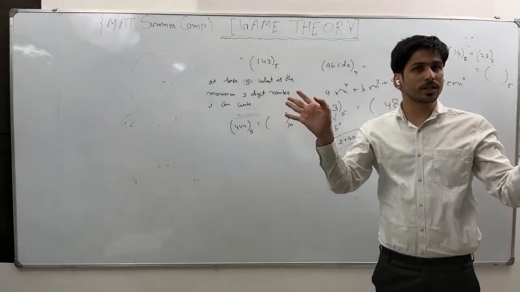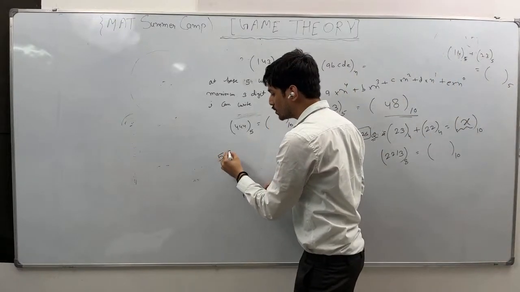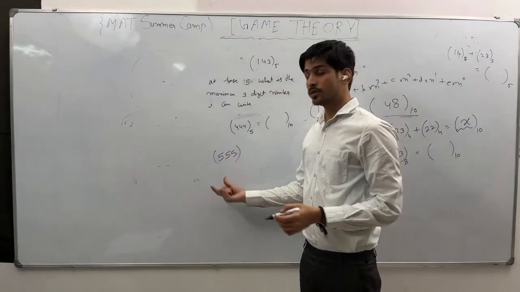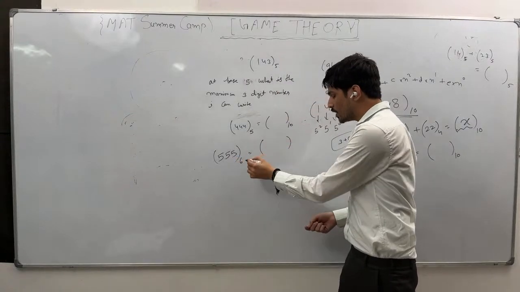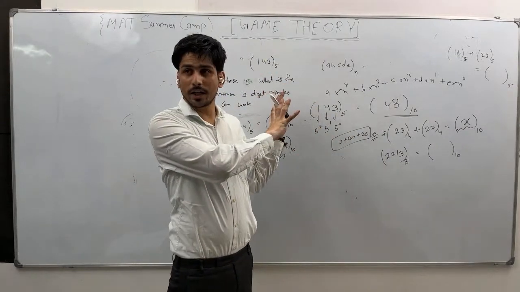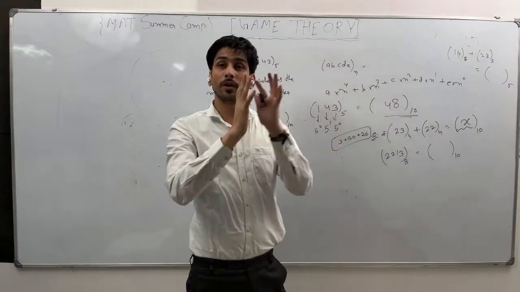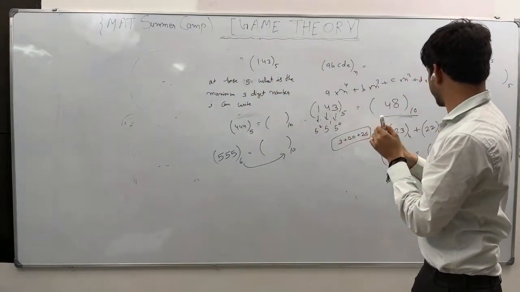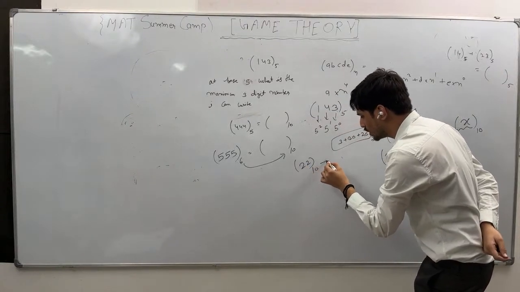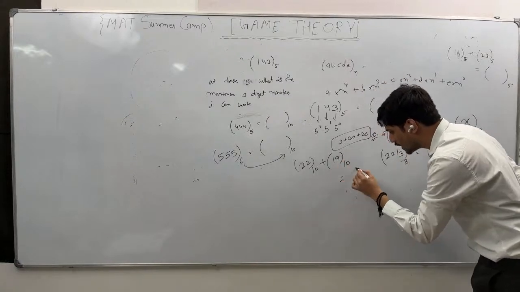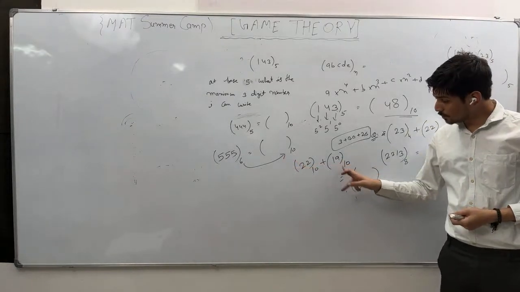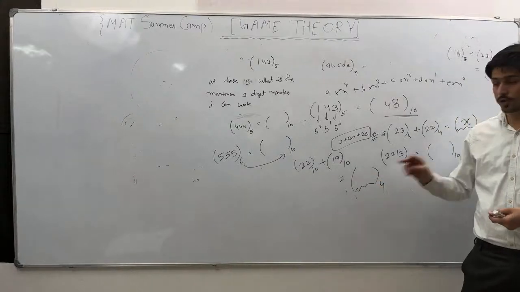Let's say base 6 is given. What is the maximum 3-digit number you can write? 555. So this is in the form of base 6. How will you convert this 6 into base 10? The thing is, all our bases will be different, but when we are doing the calculation, if I ask you a simple question, let's say 22 in base 10 and 19 in base 10, and here we have to convert it to base 4. So how can you find it?